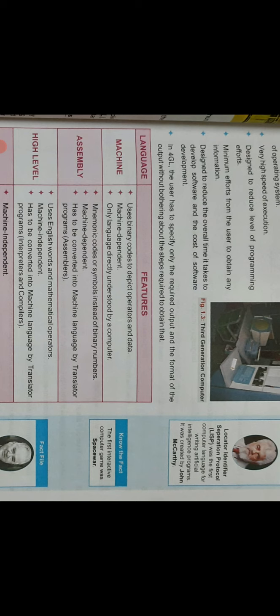Next, number 6. High level language program has to be converted into machine language by translator programs. Yes, this is right. We need a compiler or interpreter as translator programs. So, this is true. Next, number 7. Programming is the process of writing specific instructions in a computer language. Is it right? Yes, this is true. So, the next,